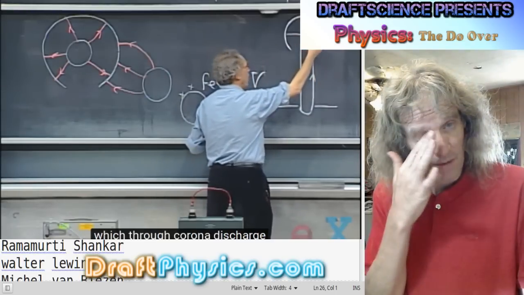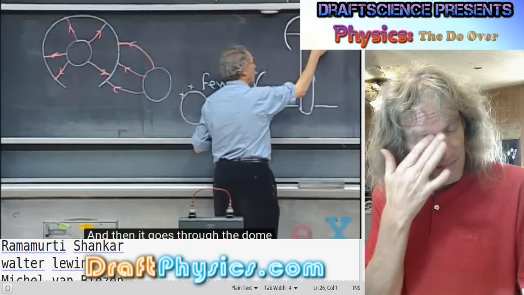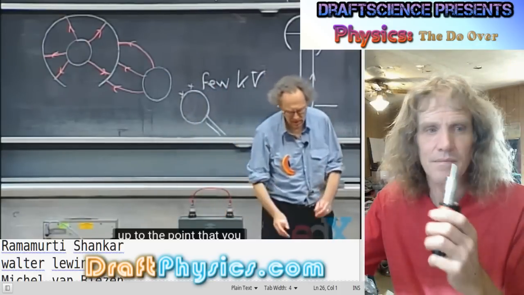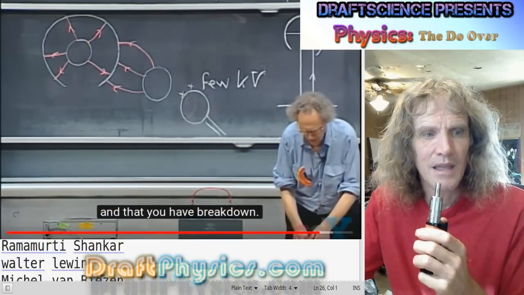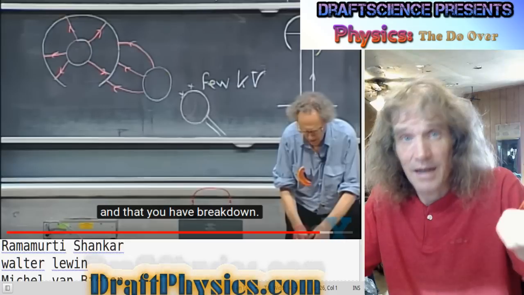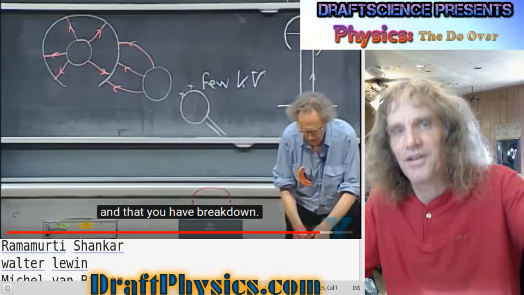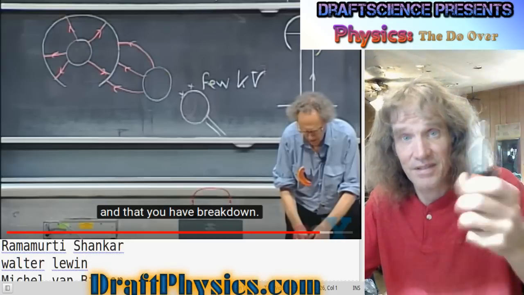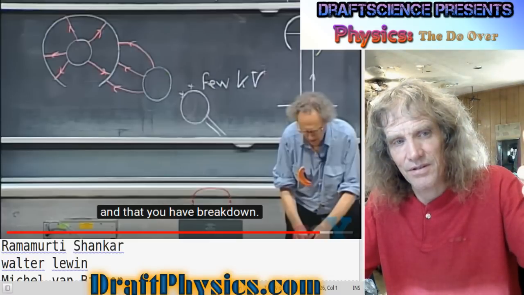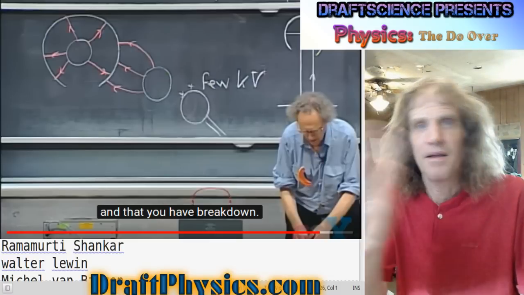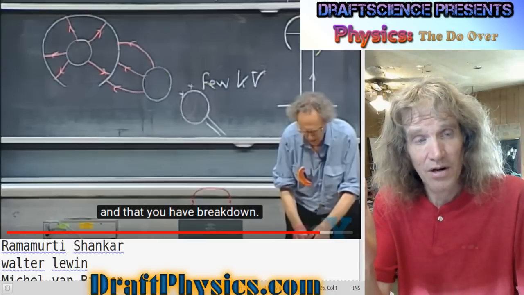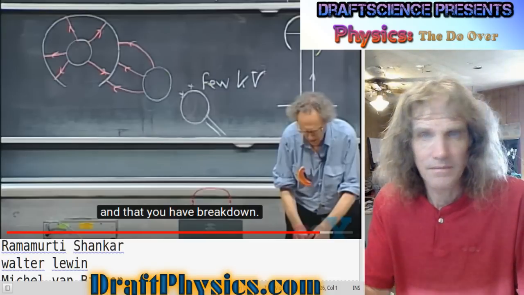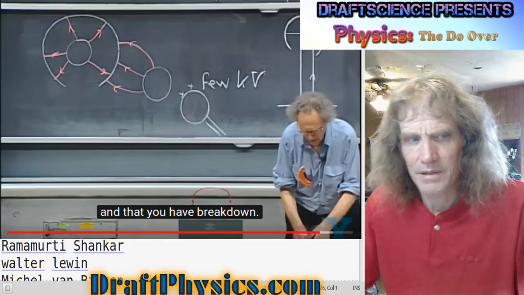Through corona discharge, take the charge off on the inside. That's the key. And then it goes to the dome, and then it charges up to the point that you begin to hear the sparks and that you have breakdown. It's still a conductor on the inside of the surface. It's still a conductor to the high voltage on the exterior surface. So the interior surface is still a conductor to the exterior surface. So you need some kind of mechanism to place the charge that isn't a direct, I don't know what the right word would be,